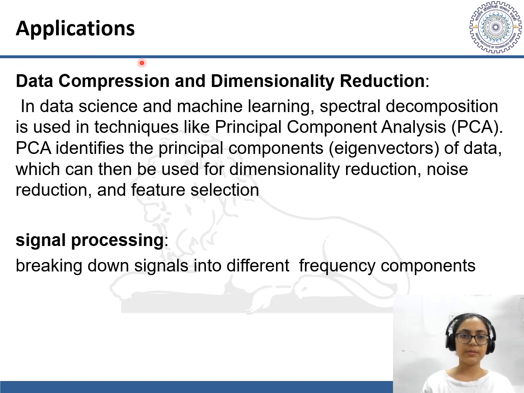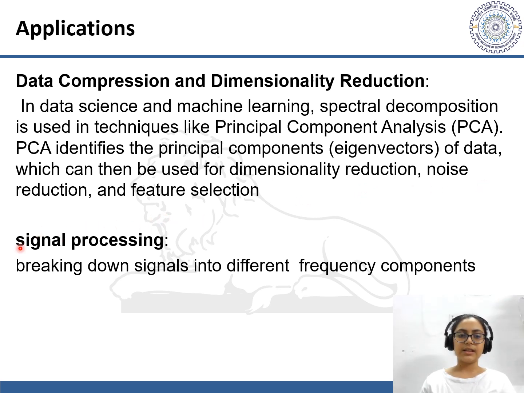So let's consider some applications: data compression and dimensionality reduction. In data science and machine learning, we come across a problem where we need to reduce the dimensions, but we need to retain the important information. How can this be done? It can be done using PCA, and spectral decomposition is used to build up this concept of PCA. PCA identifies the principal components, the eigenvectors of data, which can then be used for dimensionality reduction, noise reduction, and feature